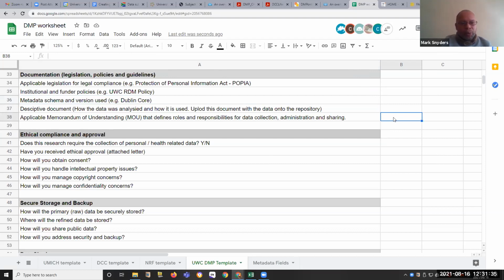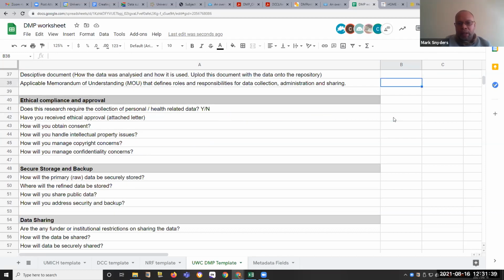This is particularly important if, for example, you are using data from an NGO. We have come across cases when an NGO does not necessarily have the ability to store their research data. And what we advise is that you create an MOU so that they understand that UWC will store the data on their behalf, or will store the data as part of the research project and make it available depending on whether or not they provide some kind of consent.